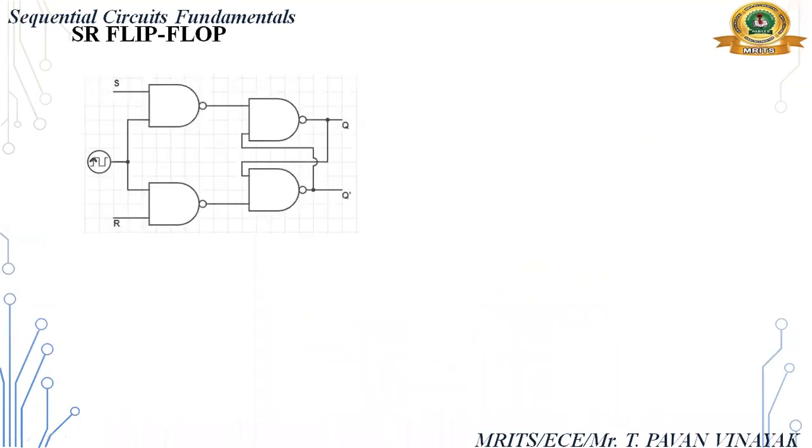This is the circuit diagram of the SR flip flop using NAND gates. Here the clock signal we give is positive edge triggered. That's why the arrow mark goes up. This is the positive edge triggered SR flip flop. The operation is the same. What is the operation of this block? This block is the basic SR latch.